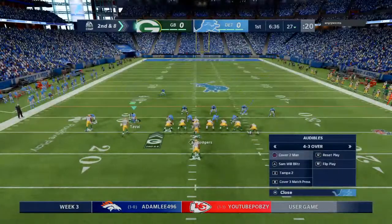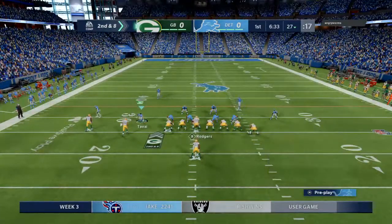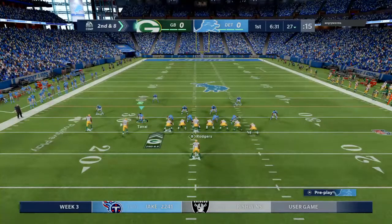Plus 58. Hey, check 26. Watch the screen. Under 10. Under 10. Go